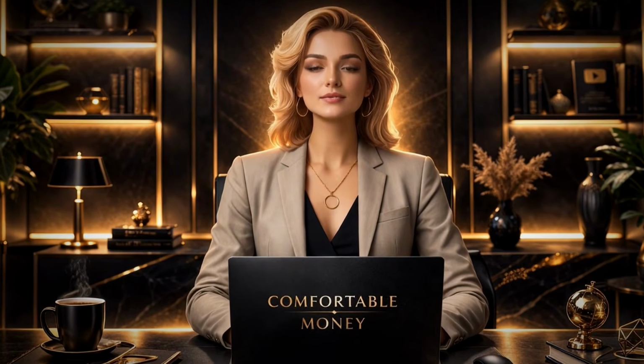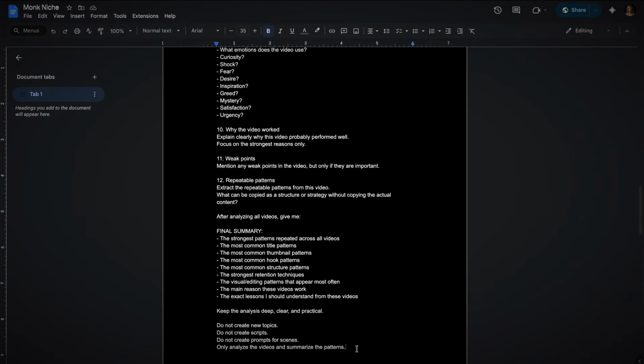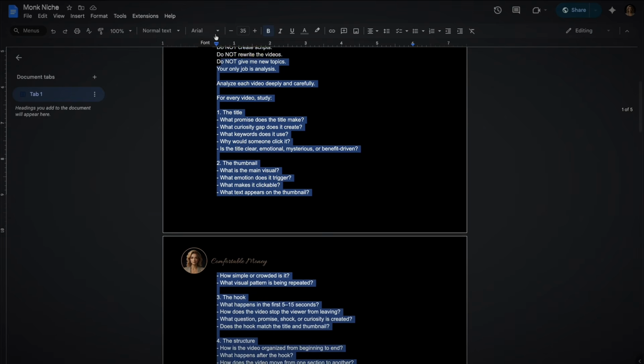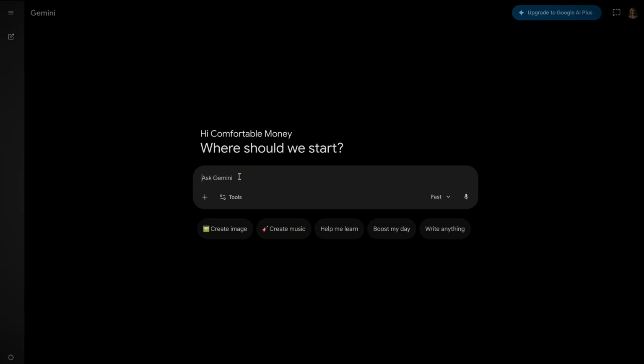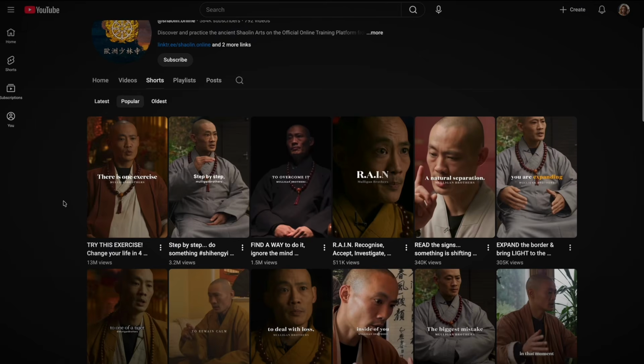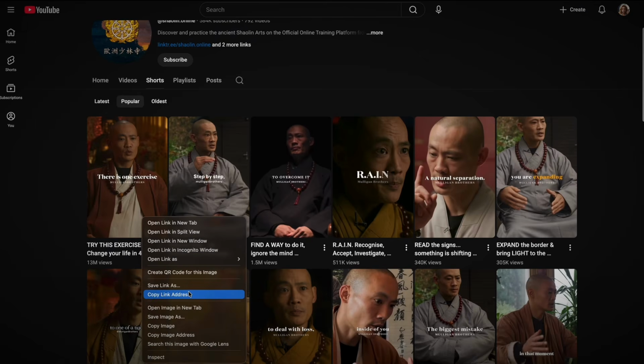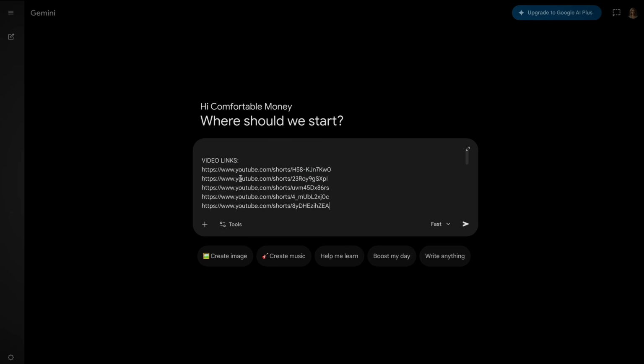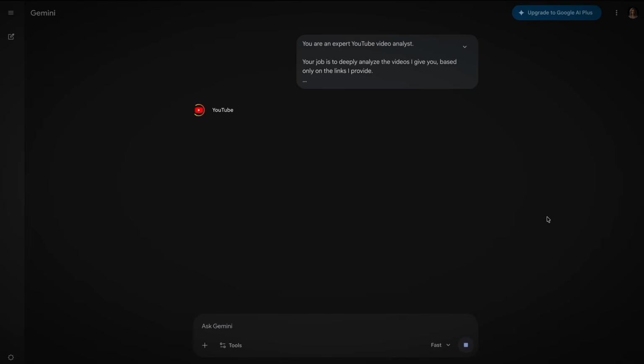Step 1. Analyze the channel. Open Gemini. Go to the document in the description and copy the analysis prompt. Paste it in, go to the Shaolin.online channel, copy the links to their top 5 shorts, paste them into the designated field, and send. What Gemini produces is a breakdown of the structural DNA of the top performers, the topics